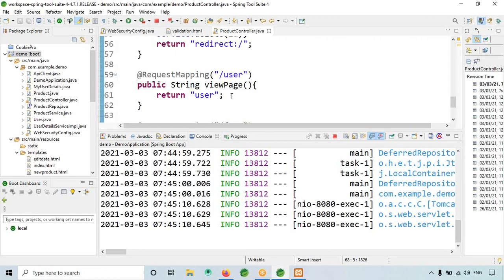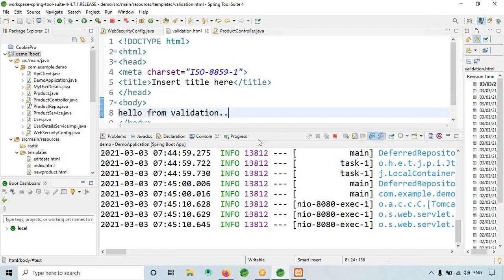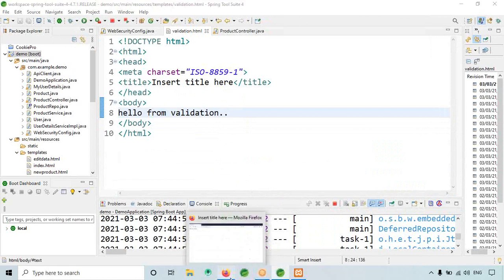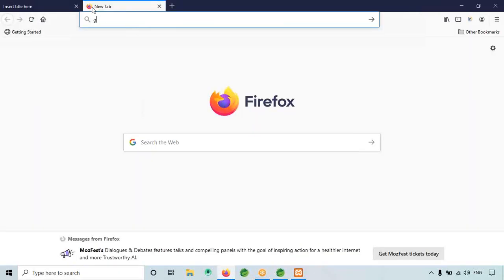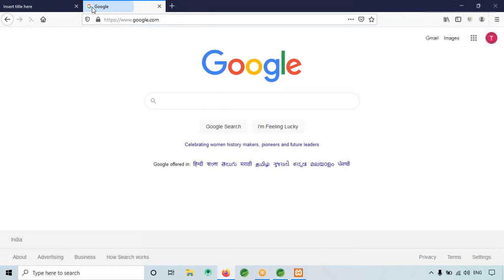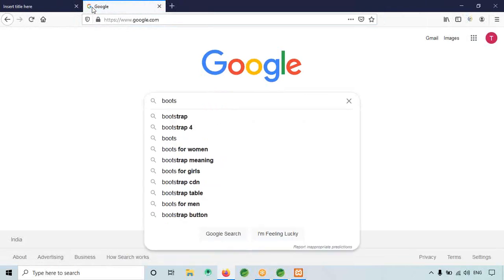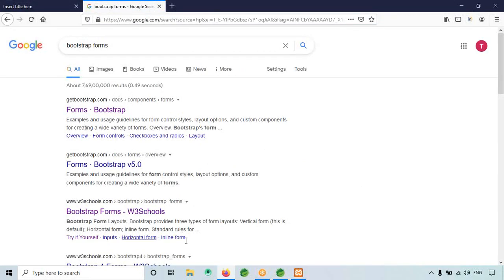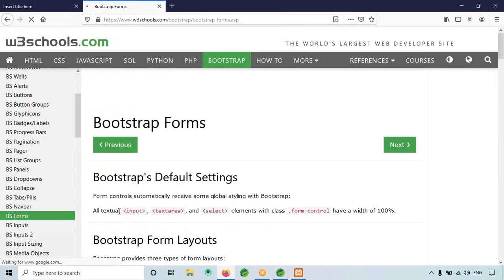So now what I will do is we'll add Bootstrap into my project. I need to add Bootstrap forms. For that, I'll go to Google and search for Bootstrap forms. In the forms I will click this form.